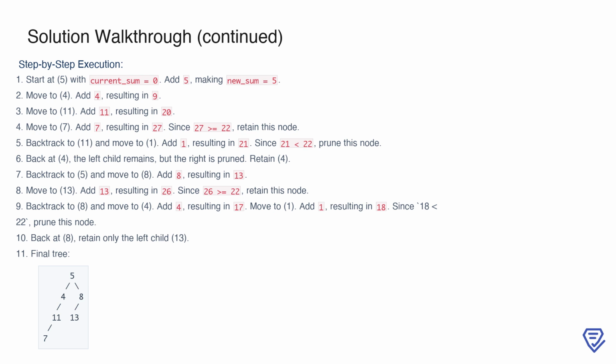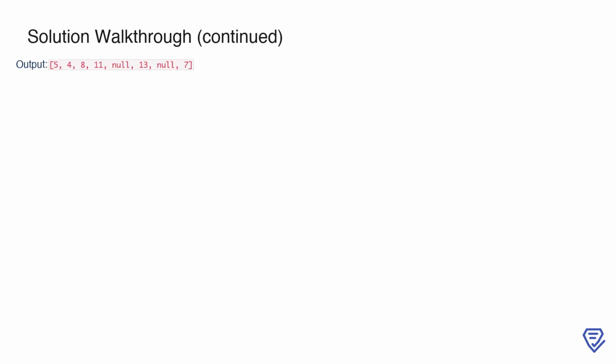The final tree structure after pruning has the root node 5, with a left subtree containing nodes 4, 11, and 7, and a right subtree containing node 8 with its left child 13. The output for this example is 5, 4, 8, 11, null, 13, null, 7. This represents the pruned tree structure where nodes that did not meet the path sum limit of 22 have been removed. The tree now contains only the paths that satisfy the condition, demonstrating how the algorithm successfully eliminates insufficient nodes